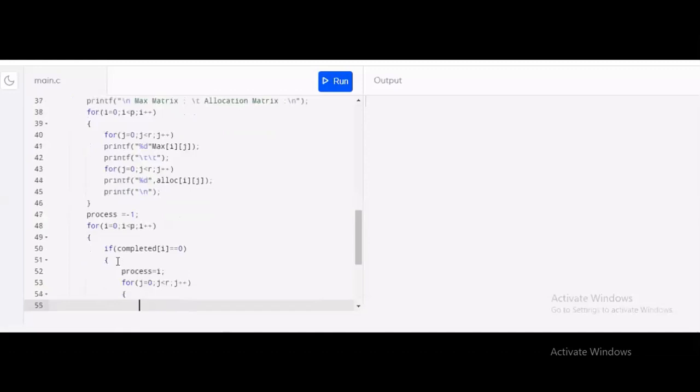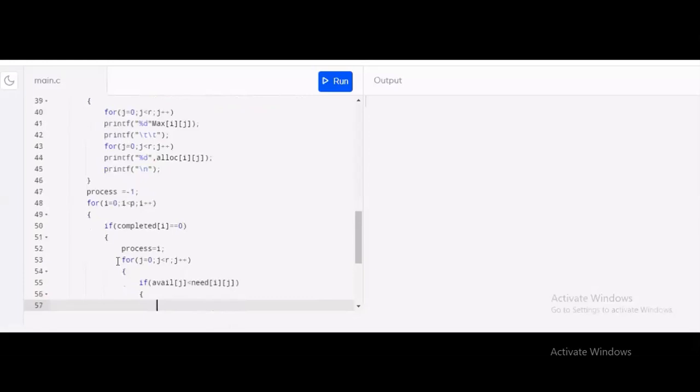Now we have to check the condition for a process to execute. If the availability of resources is less than the need of the resource, need[i][j], then the process will not be able to execute.